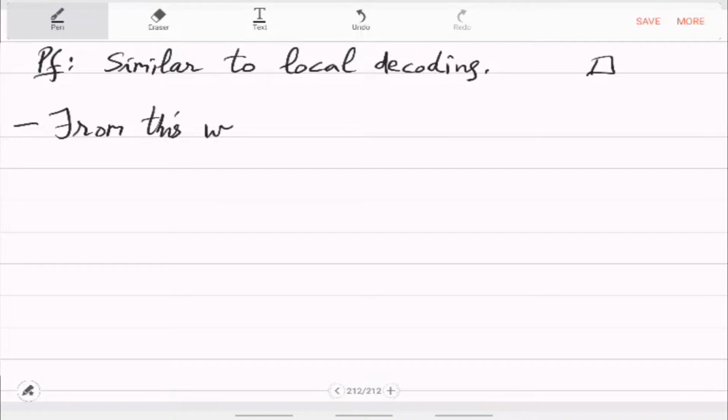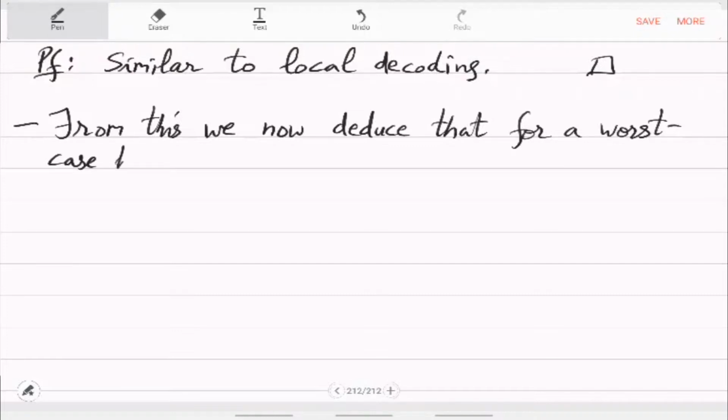So from this we now deduce that for a worst case hard Boolean function f, if you apply the concatenated code on its truth table, and see the result as a truth table of a new function g,